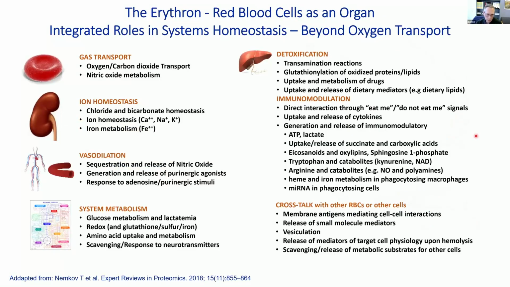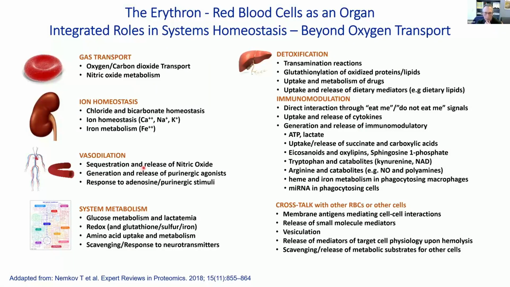So when I think of the red cell itself, I take into account not just erythrocytes, but all the cells which are part of the bone marrow, which we just discussed. This is basically an organ system called the erythron, and it mainly functions as gas transport, but also has function in ion homeostasis,